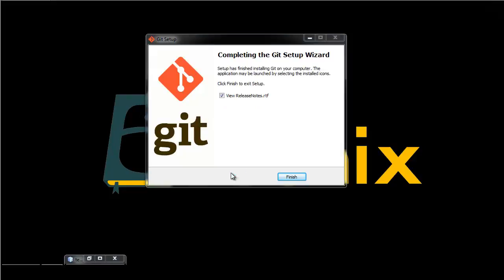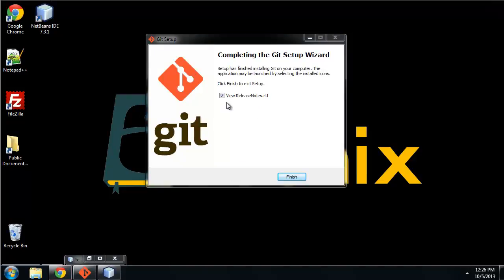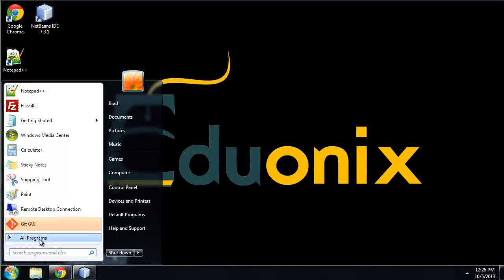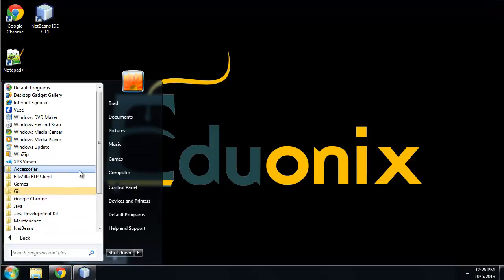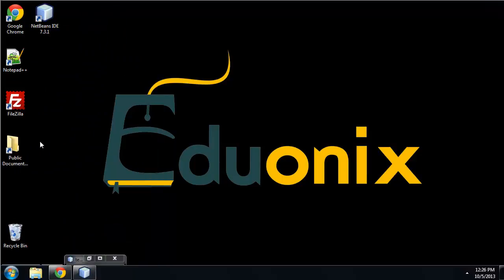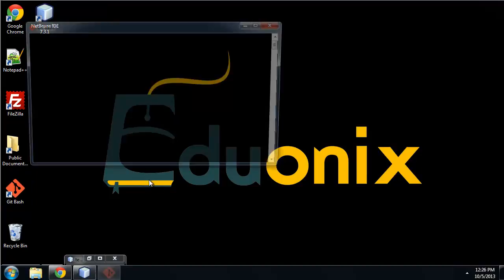This is a virtual machine, and it's been a little buggy lately. Oh, there we go. Alright, so I'm going to go to my start menu. I don't want the git GUI, I want the command line just because I think it's easier, which is git bash. So I'm going to put that on my desktop, open that up,